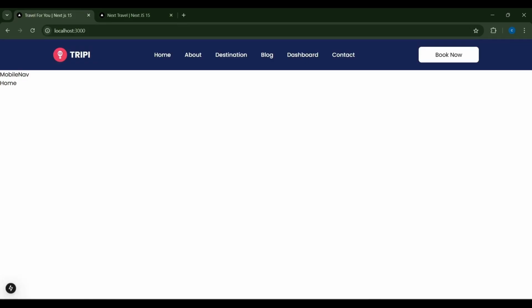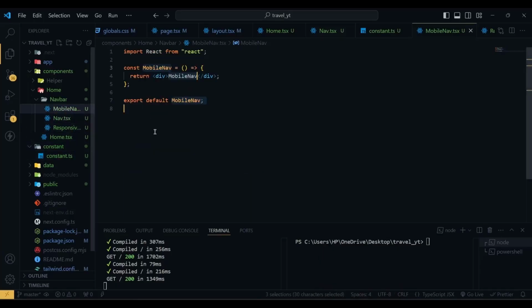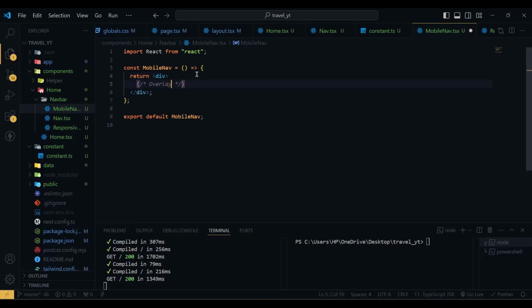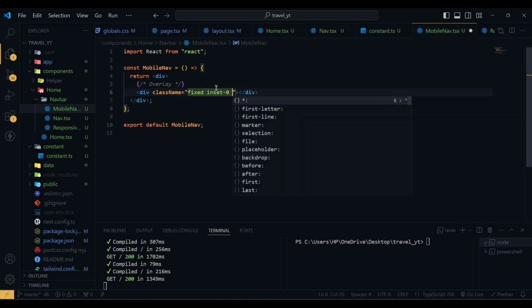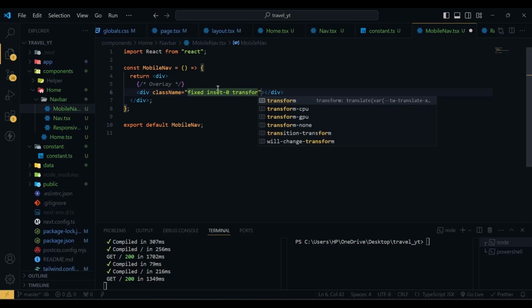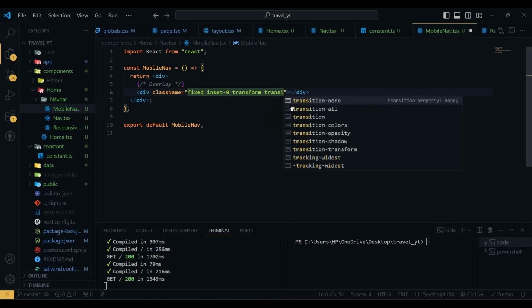So for this, let's go to the mobile nav. So here inside this div, we have our overlay. So let's add a div here, and the div will have a class name of fixed. Then we have inset of 0. We are going to use the transform property and the transition to animate the smooth open and close functionality. So we're going to use transform transition all,